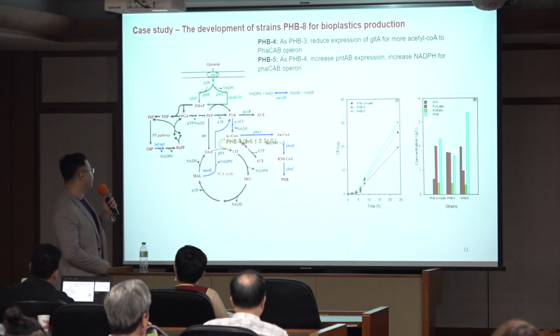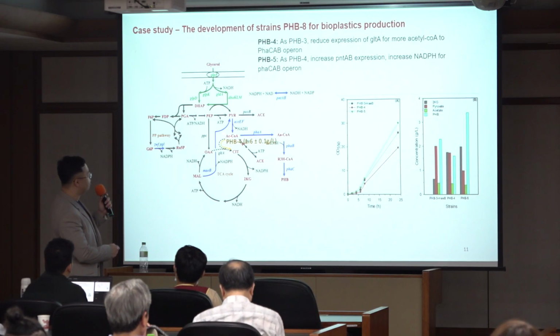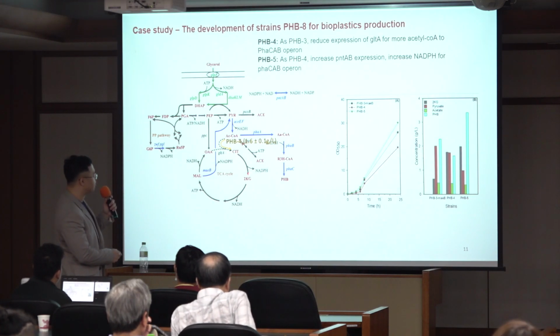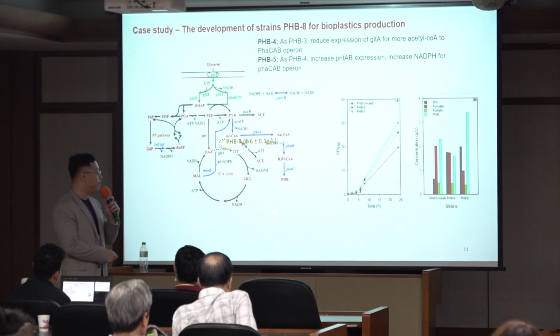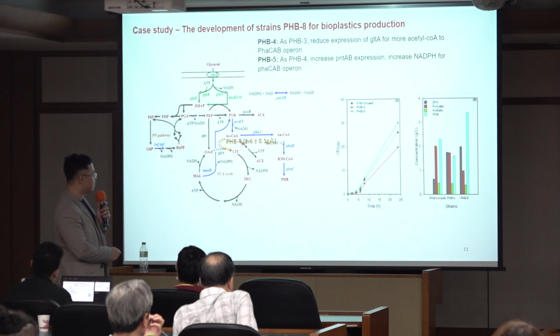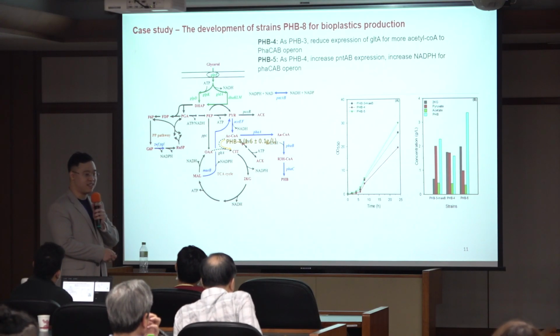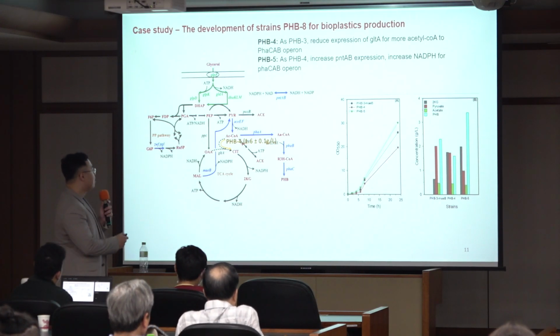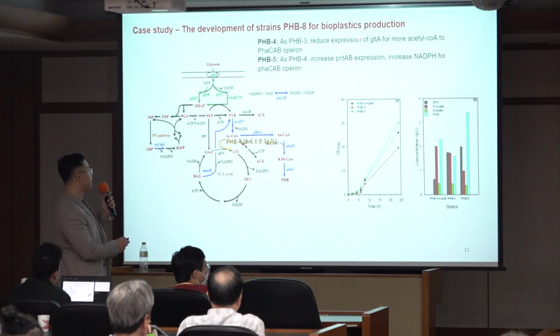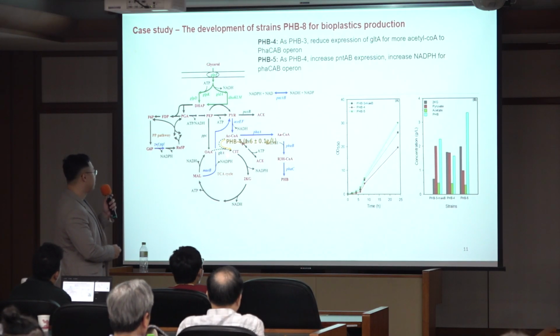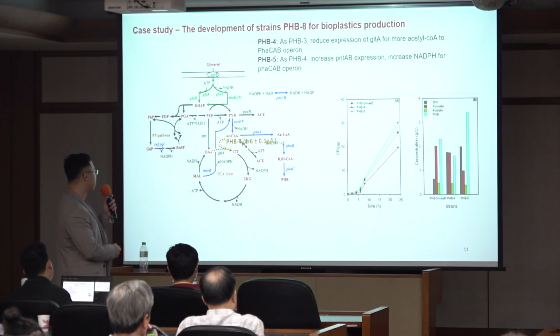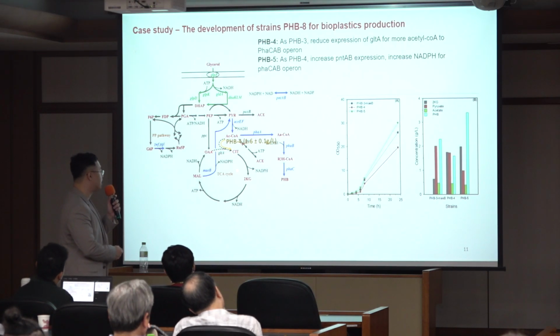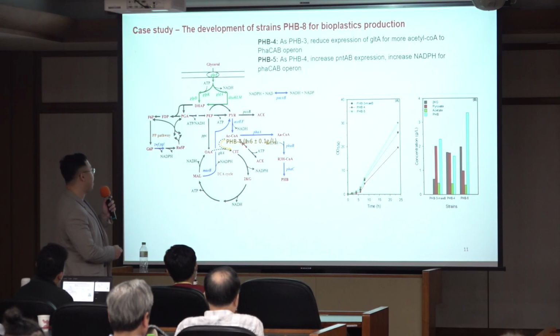And for the next step, you see that acetyl-CoA also needs to enter the TCA cycle to provide energy for the bacteria. But we don't want a lot of acetyl-CoA to enter this cycle. Of course, we want some of them to enter the cycle, otherwise they cannot live. So we are just trying to reduce the expression of this gene, gltA, which combines acetyl-CoA and oxaloacetic acid into citrate. So in the end, we have just a little bit of increase in the PHB production,